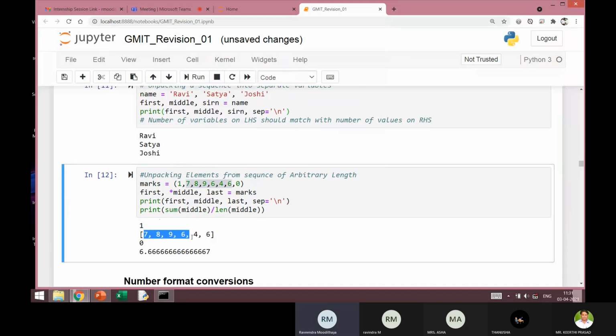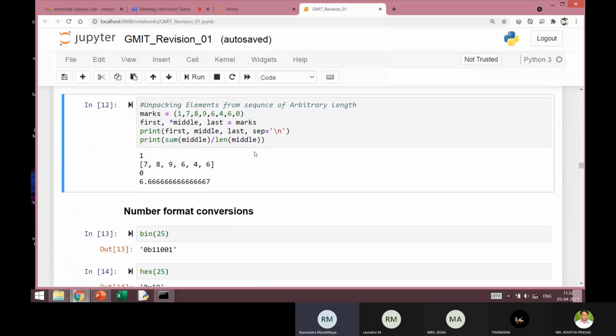A sequence enclosed in square brackets, we will call a list. We will have one full session on lists probably in the next session. The one in the middle, which we are not interested in, we are dumping as one sequence.